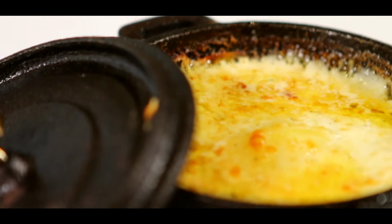And then we like to let it set. So we'll usually take it out of the oven, let it sit for 5 to 10 minutes, and then all the flavors and the sauce and everything kind of settle in, and the starches from the potatoes will absorb some